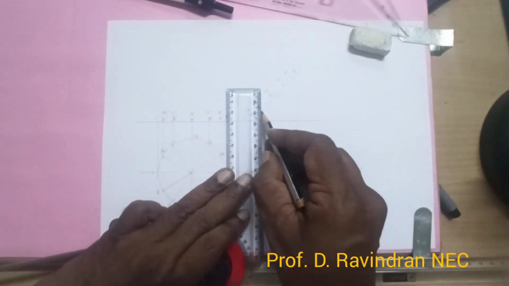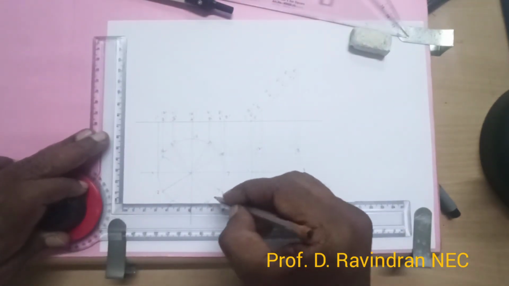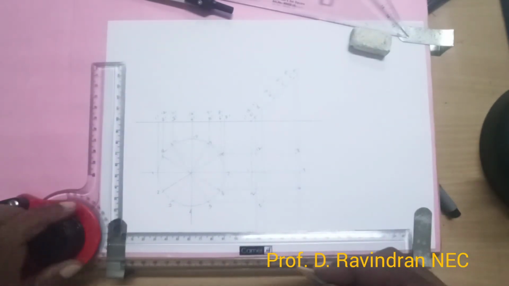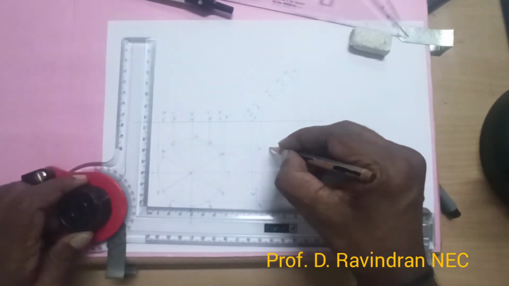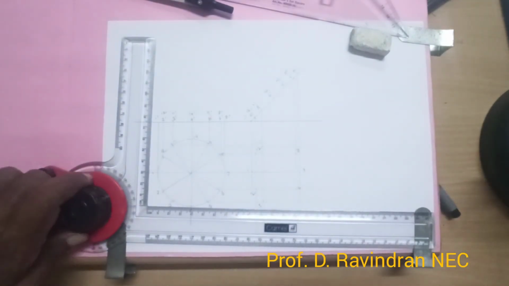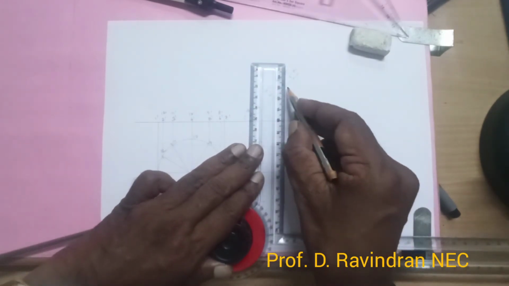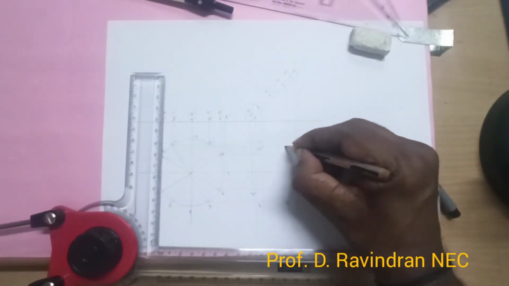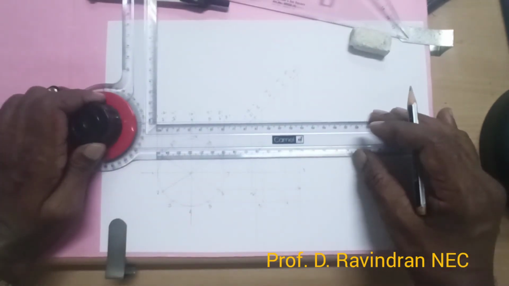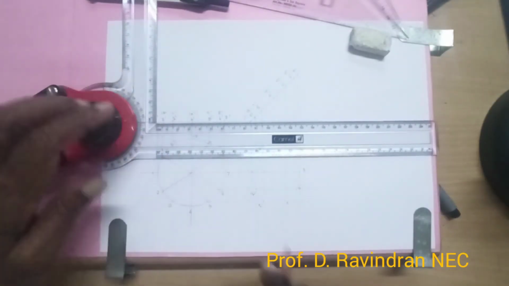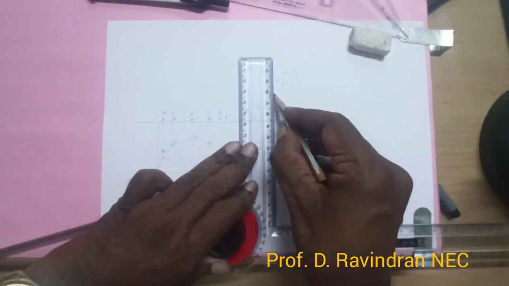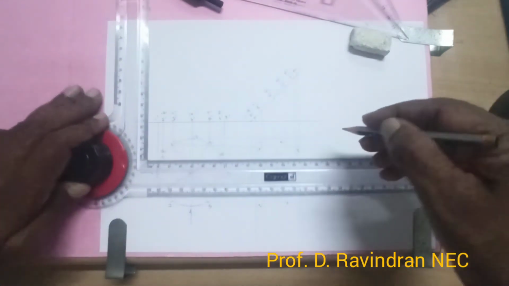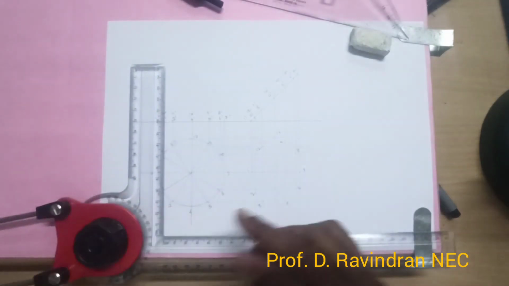Then 3 and 11: this is going to be 3 and this is going to be 11. Similarly here 5 and 9 also will be the same. This is 5 and it's going to be 9. Now, frequently you can check whether the middle diameter is parallel to the XY line or not. Similarly you can draw 4 as well as 10. This is going to be 10, it's going to be 4.